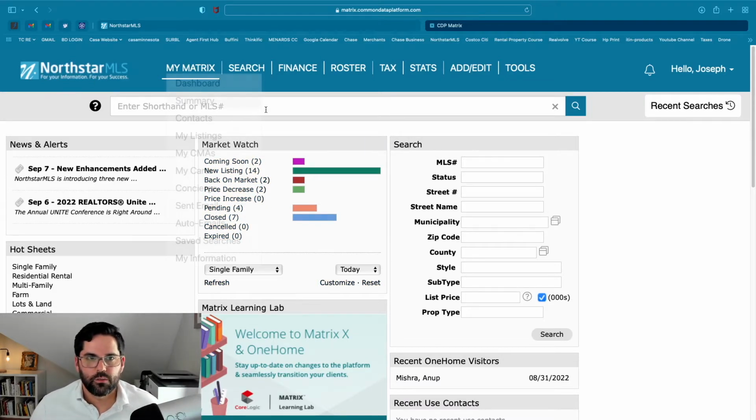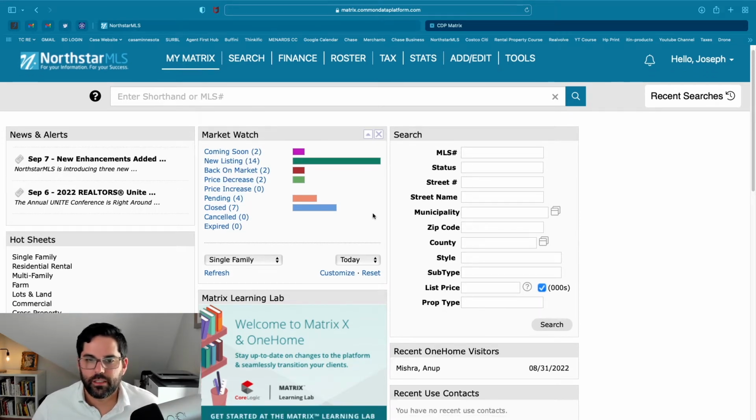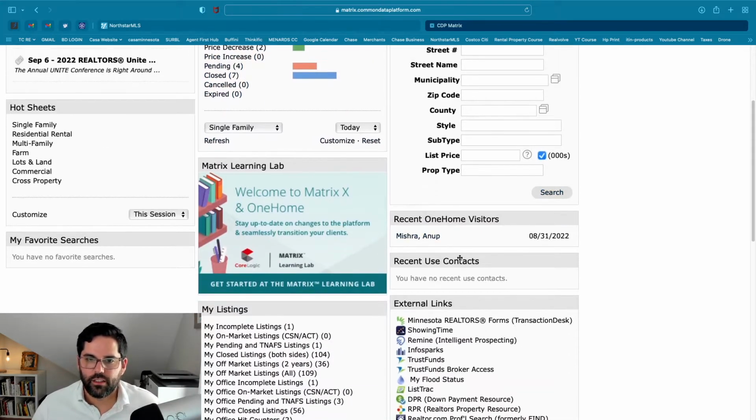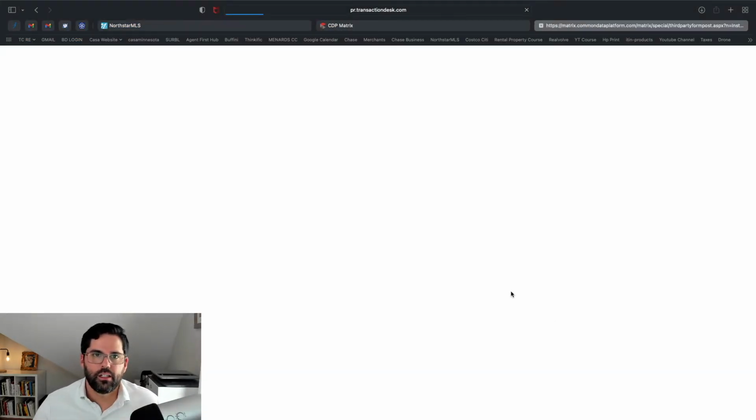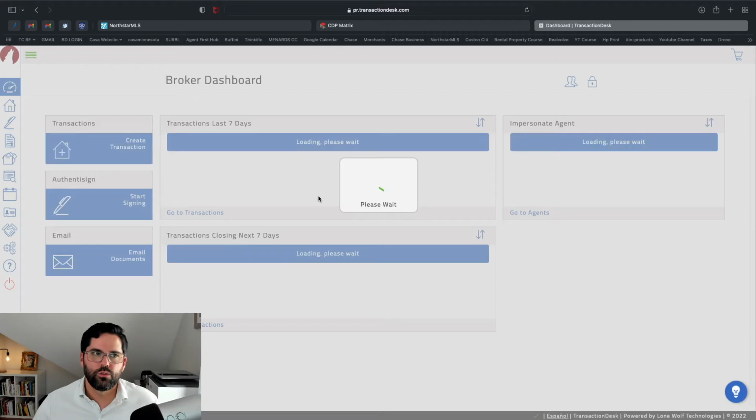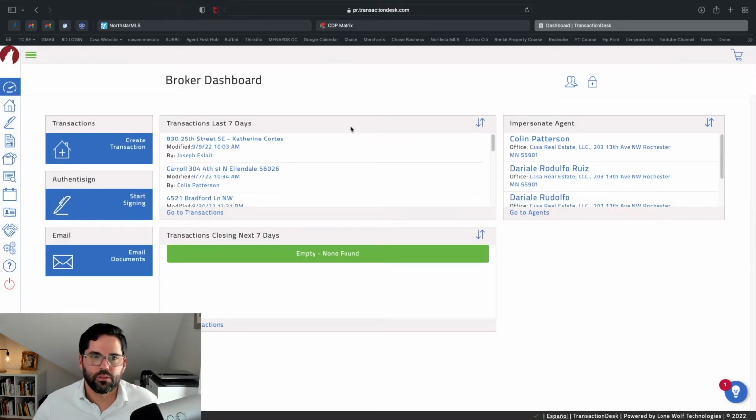All right, so the first thing you're gonna do is log into your Northstar MLS, or whatever platform MLS that you use. In this case, I use Northstar MLS, and you're gonna have to find the link for Transaction Desk. For us, it's called Minnesota Realtors Forms, AKA Transaction Desk. So you'll click there, and then this is gonna bring you to the main dashboard or platform